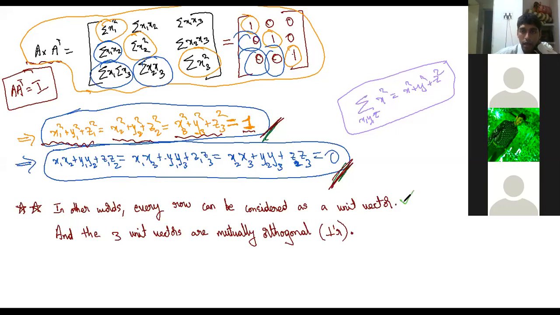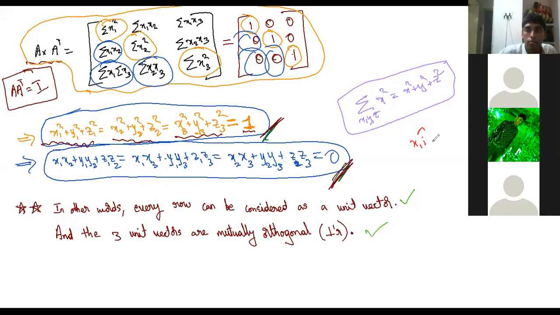ये पॉइंट कैसे आया? Sir, they are mutually orthogonal because of the second statement, उन लोगों के दोनों के बीच का dot product. Yes. Very good. This we get because, see, very important. This understanding is important. So actually, you can consider them as unit vectors.